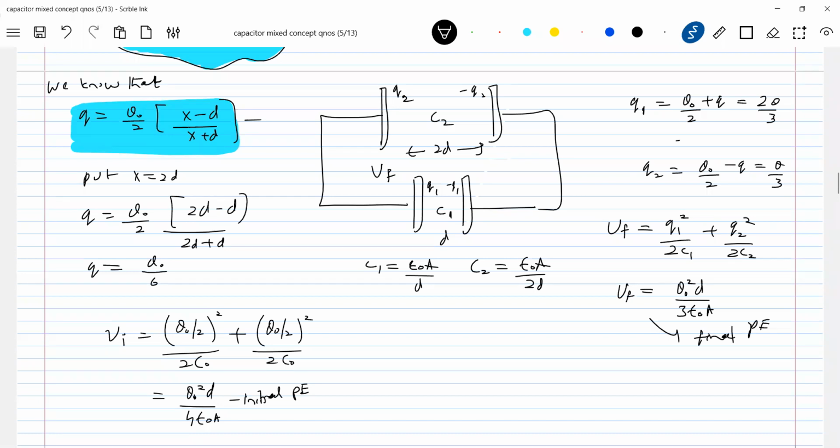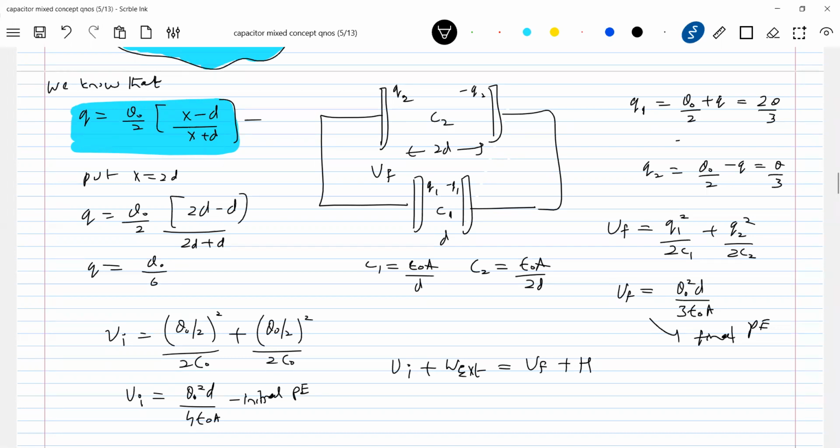Now what to do? How to get that heat generated? From where to bring heat generated? So here the equation, I'll write it. UI plus work done by exchange agent. The exchange agent does work, no? And because of his work done, a change in the system came. UF plus heat. If there is an exchange agent and the cell also does work, then bring work done by cell also. So don't forget this particular thing.